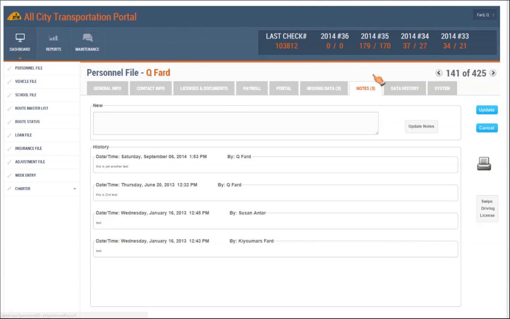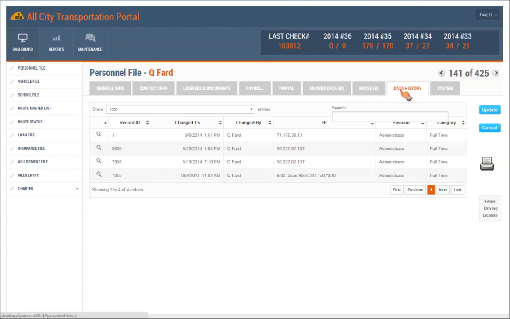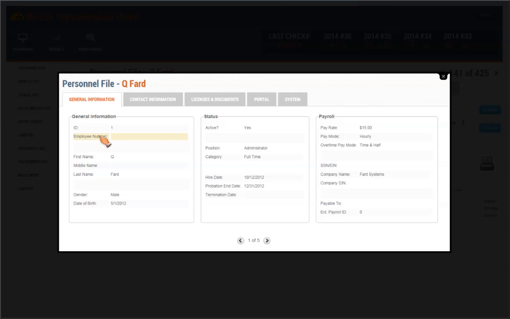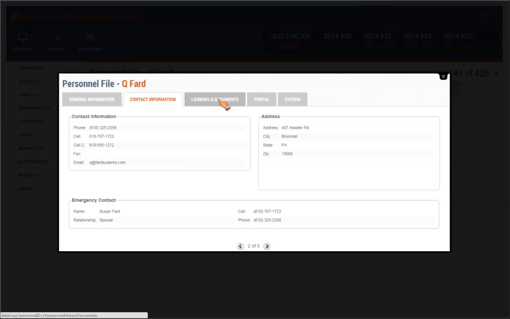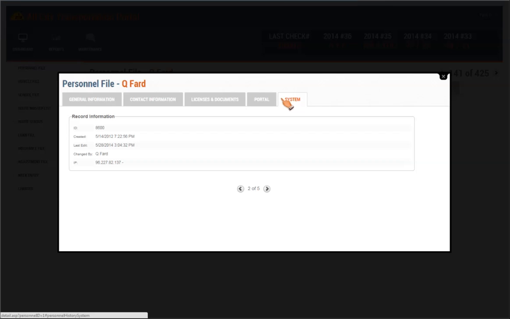This is a 100% homegrown system. The data history basically keeps track of every record in the system and who made changes to it, what they changed, when they changed it, and what computer they changed it from. So right now there's not much there because this is my record, and you can see there isn't much change from record to record,